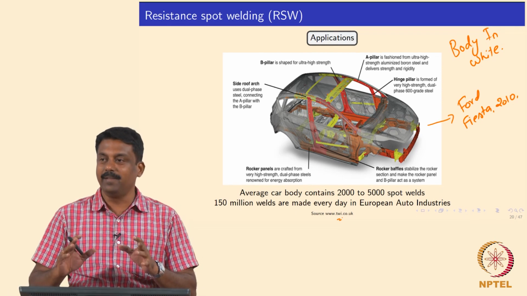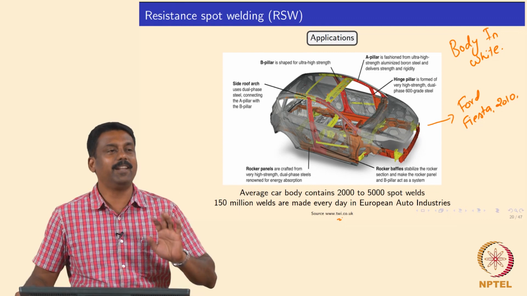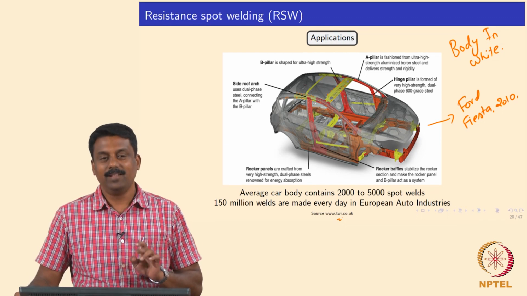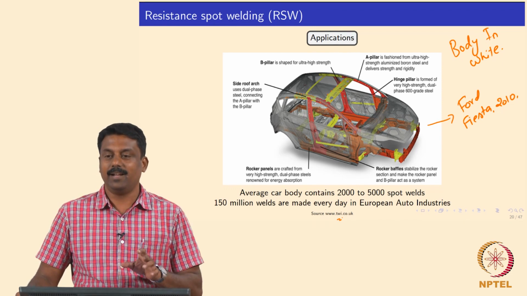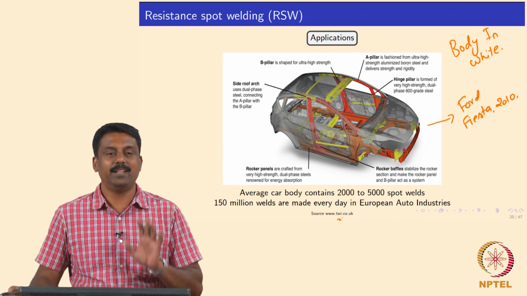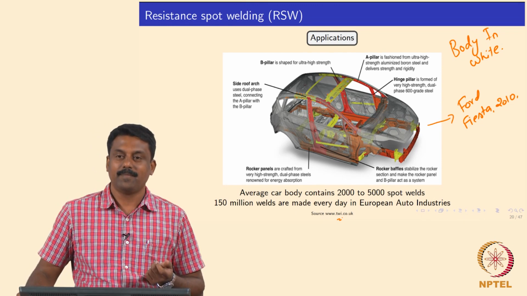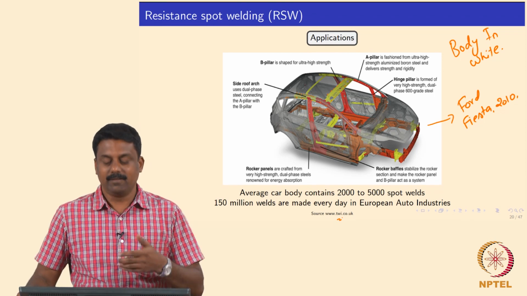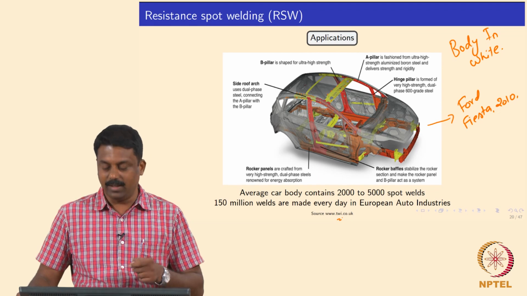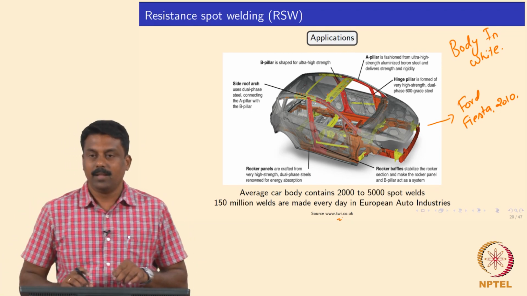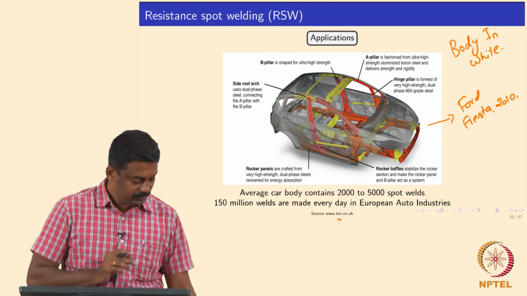The failure should always happen anywhere else except the weld. So even though we have such a challenging geometry, we can make a weld which can withstand the demanding load cycles. That is a challenge we can work on. So we will see how we can achieve the required mechanical properties of resistance spot welds, without going into much detail of the microstructure. Okay, it's good.